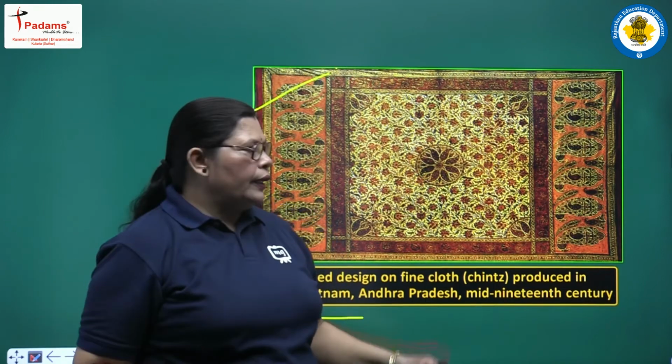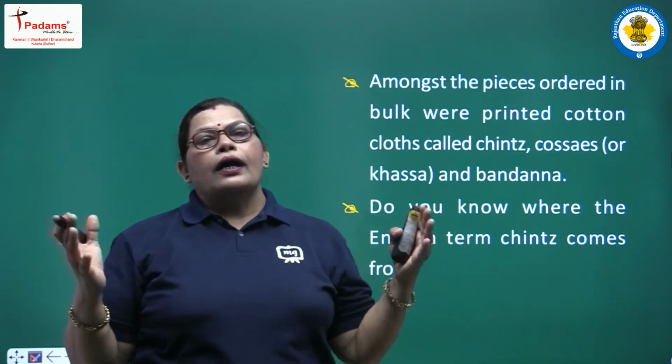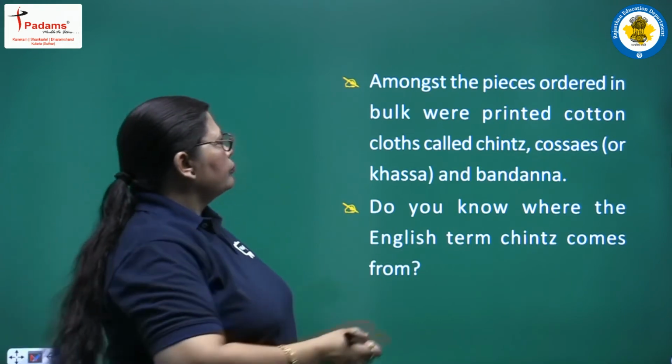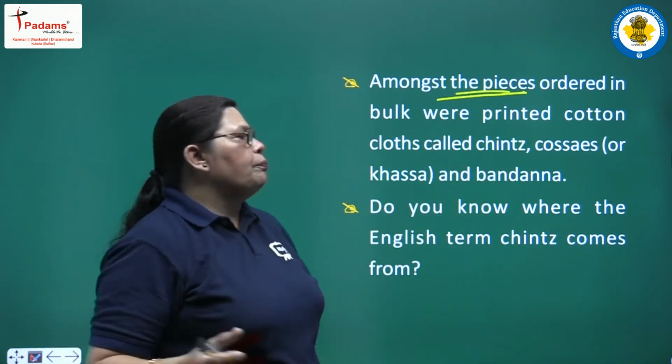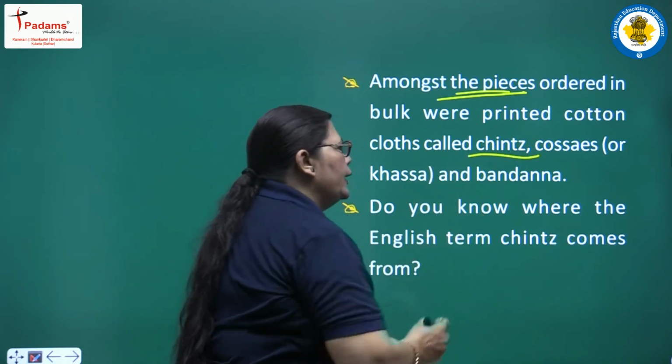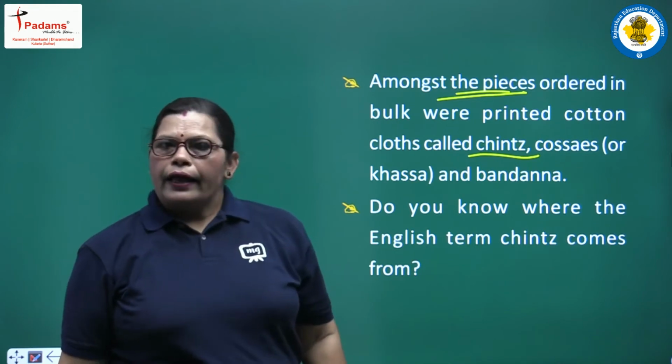And what is the main important thing about this cheent? We will discuss a lot of things about cheent, about calico, and about the other cotton textiles. Amongst the pieces ordered in bulk were printed cotton clothes called cheents, kosias, or we will call them khasa, and